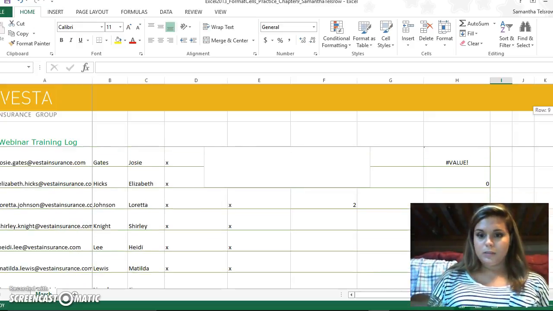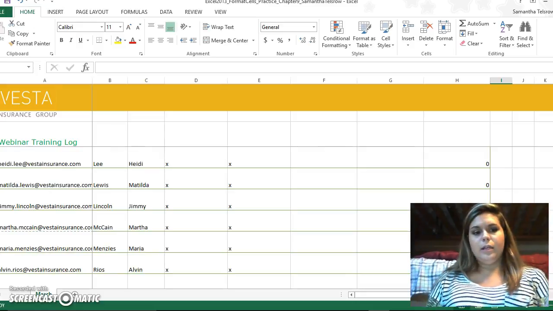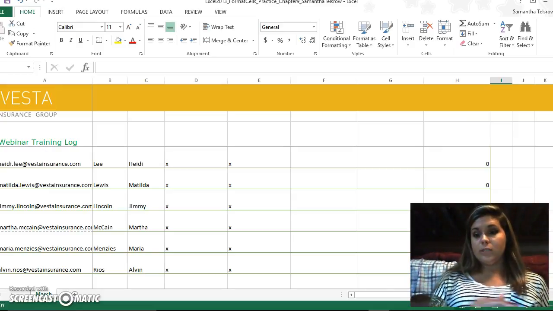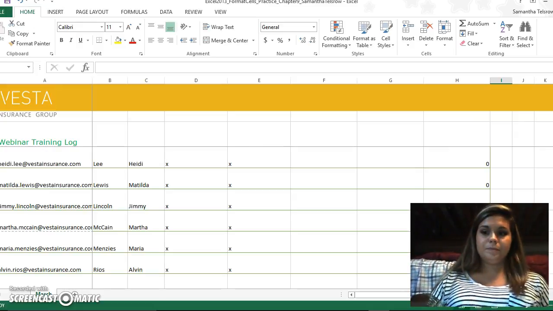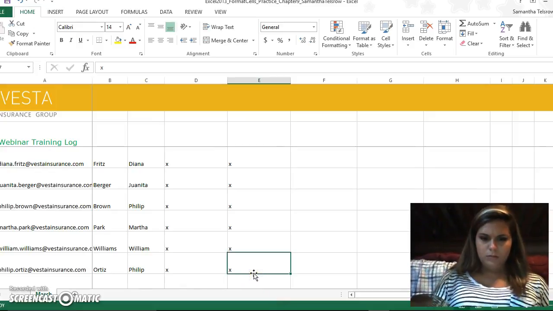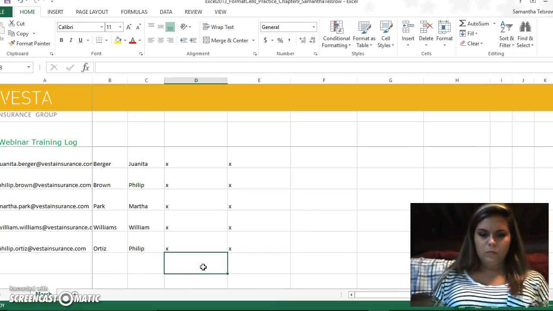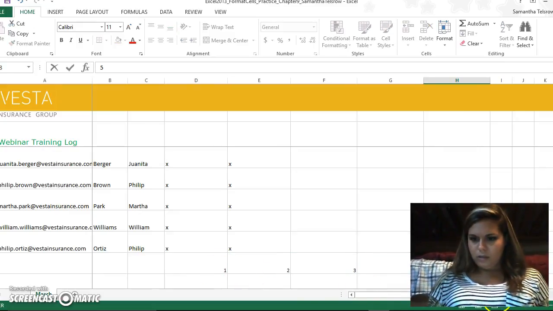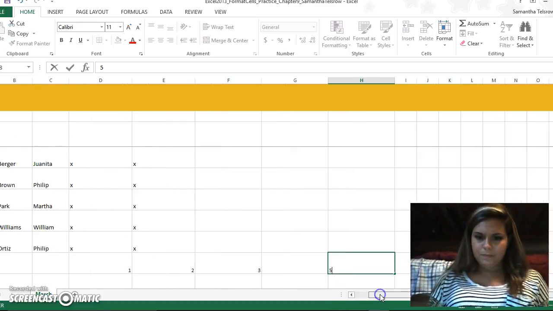For sparklines. Sparklines are individual charts at the end of a row or a column, and instead of showing the full data, it only shows that row. So if you had, scroll all the way down, if you had like 1, 2, 3, at the end of this row,